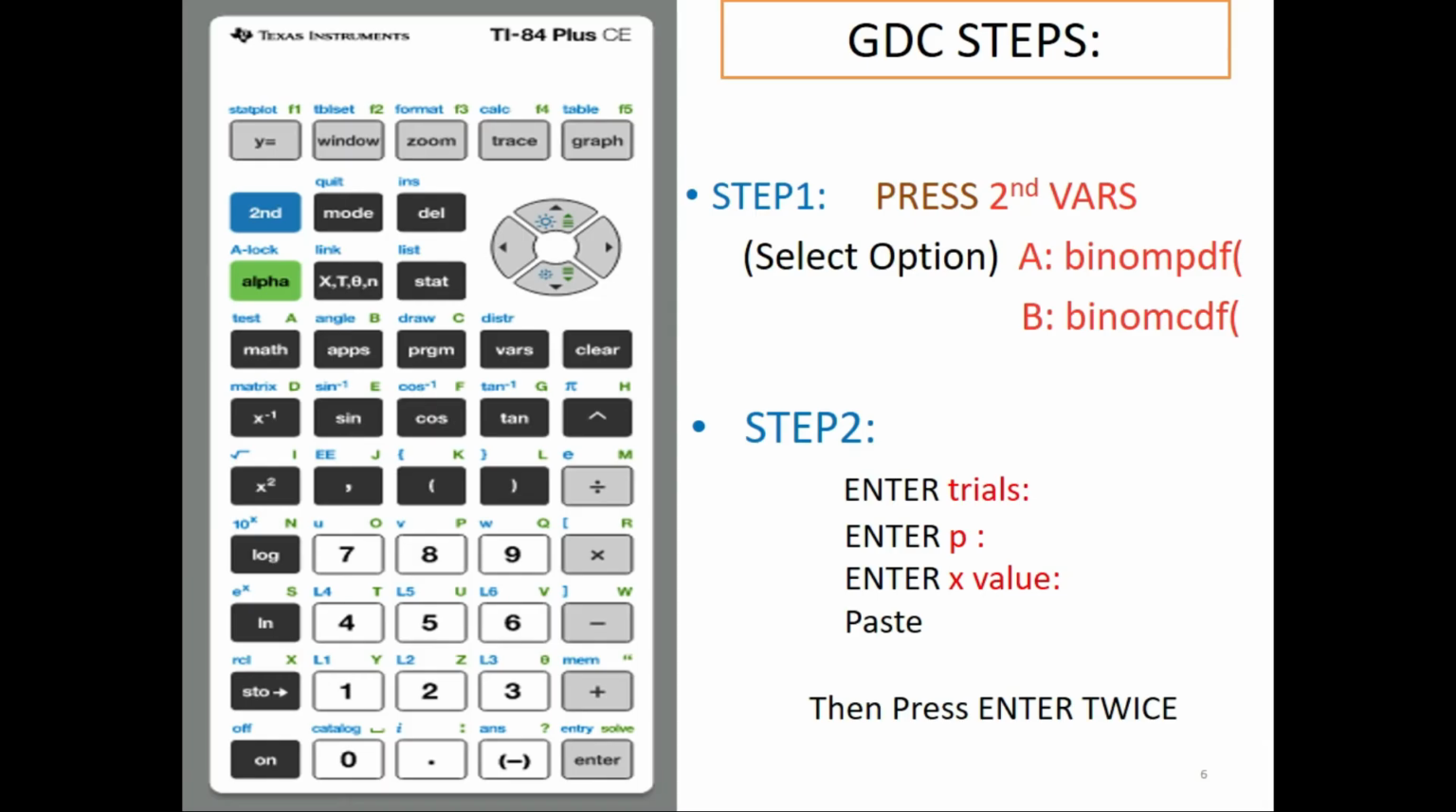Just quickly summarizing the GDC steps. The first step is to look for the distribution. You can see DISTR, distribution here. So how will you get this option? It's second and VARS. So you have second and VARS giving you distribution. And when you click on distribution,